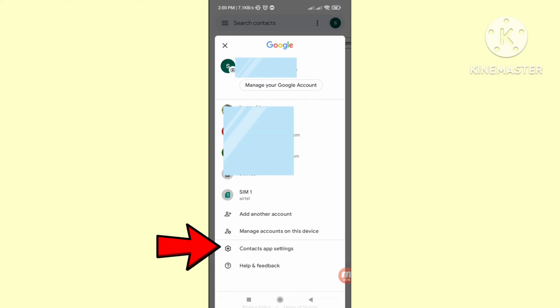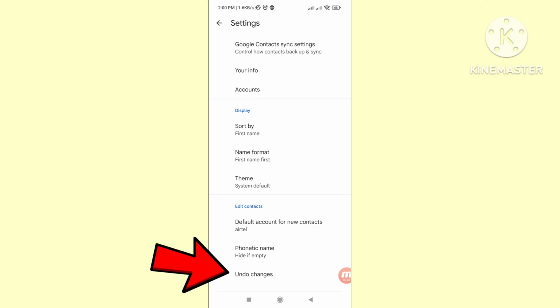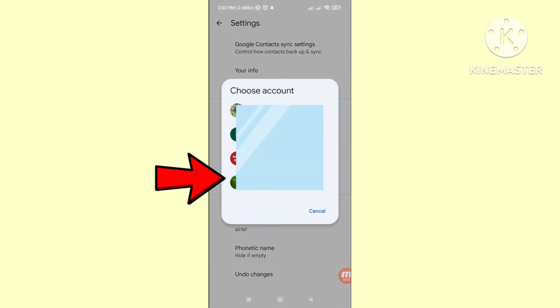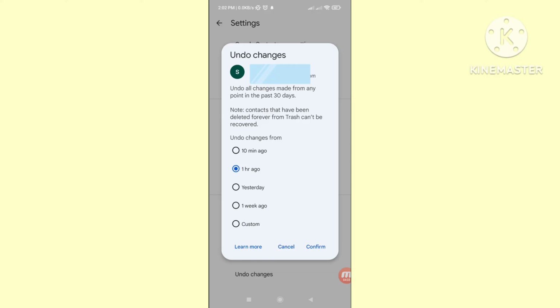and then you can see contacts app settings, so click on it, contacts app settings, and then undo changes, so click here undo changes, and then you can choose your Gmail or Google account, undo all changes made from any point in the past. Then you can see undo changes from 10 minutes ago, 1 hour ago, yesterday, 1 week ago, custom, so I can choose custom, so click here custom,